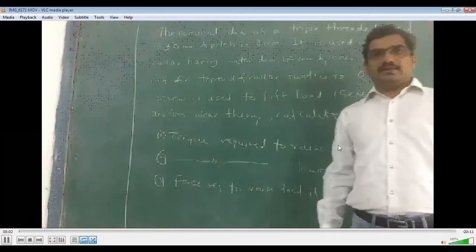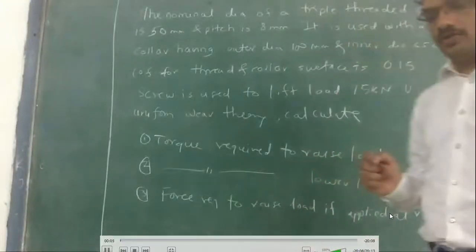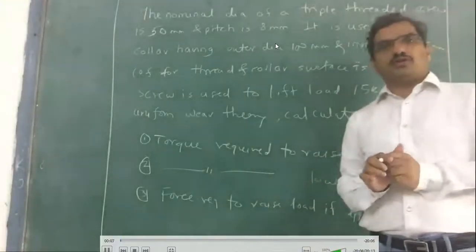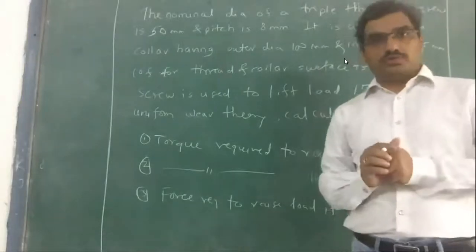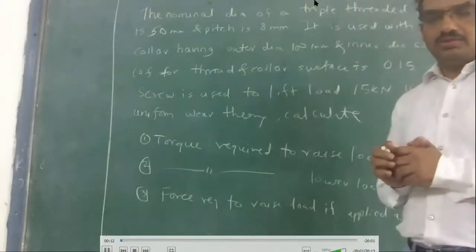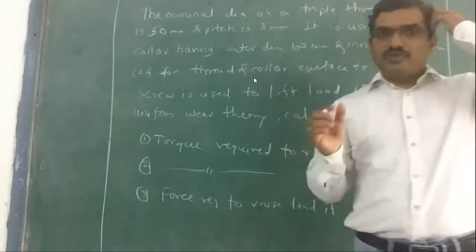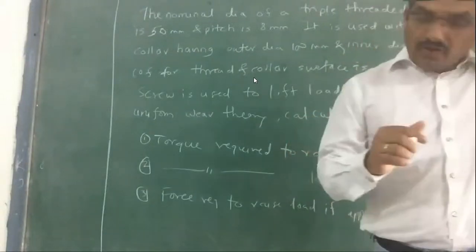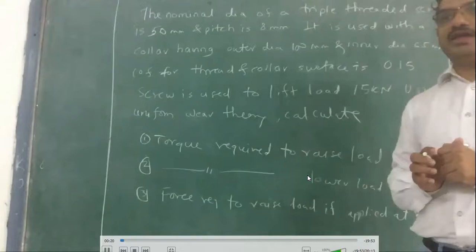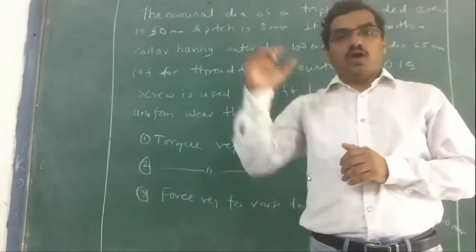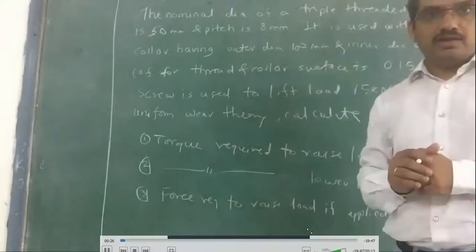Good morning, guys. Today we will see the numerical on friction torque and the total torque required to raise or lower the load on square threads. So basically, this is the first numerical we are going to take in the power screw unit. We have seen what is the load required to raise a load or lower a load, right?